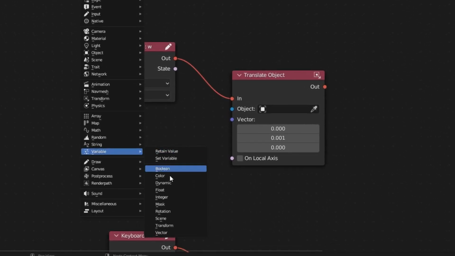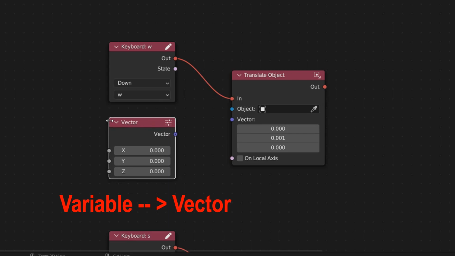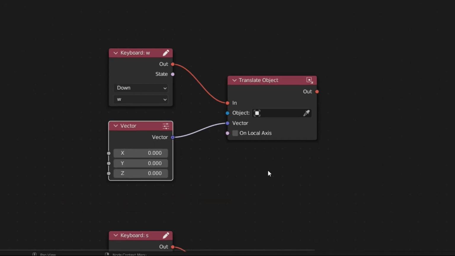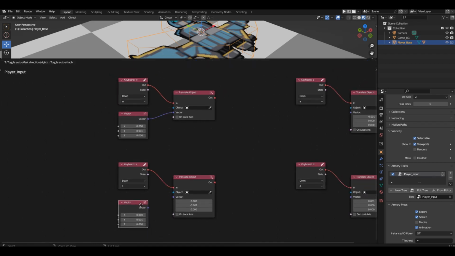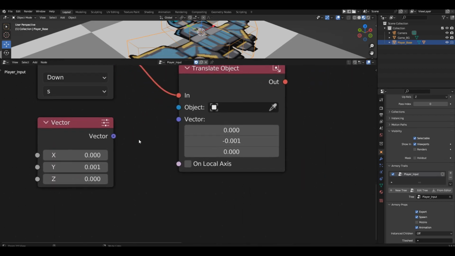For vector values, we can use the vector block from the variables section. This block has one output that you should connect to the vector input on the translate object block. Now, enter the desired value in the appropriate field on the vector block. Copy the vector block 3 more times and connect them to all the translate object blocks.